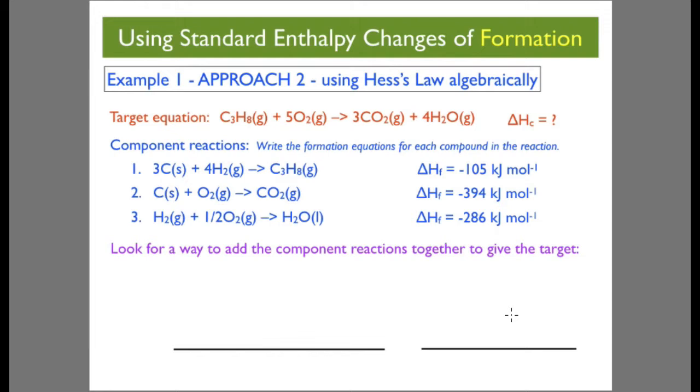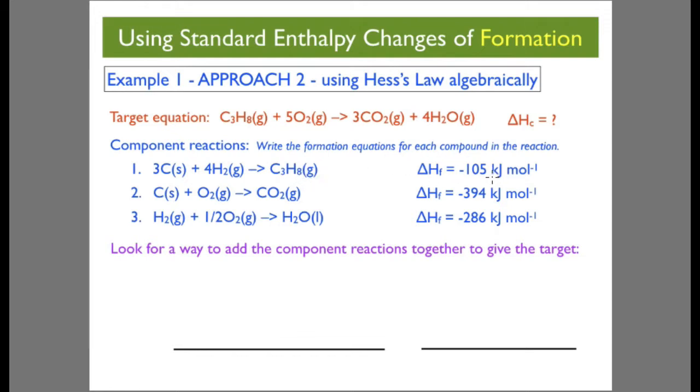Example 2. There's another approach we could take. We can use Hess's law and algebraically complete it. We've got the target equation here, the combustion of propane to give carbon dioxide and water. For the component reactions, we're going to write the formation equations for each compound in the reaction first. We could do propane first, and that's carbon plus diatomic hydrogen to give us propane, and